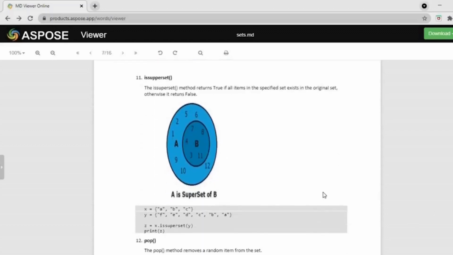Next, issuperset. The issuperset method returns true if all items in the specified set exist in the original set. Otherwise, it will return false.